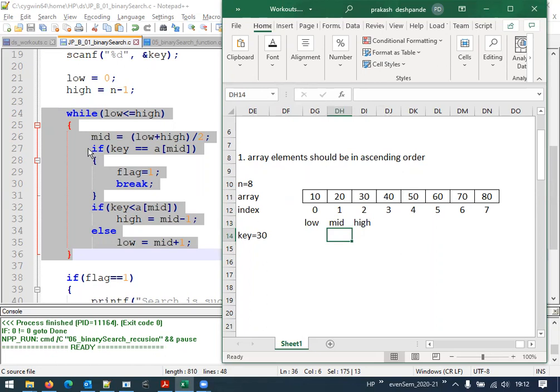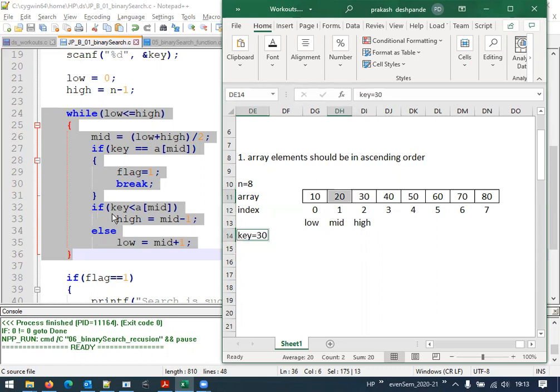Now, line number 27: if key is 30, is this 30 equal to A of mid? Mid is 1, A of mid is 20. Is this 20 equal to 30? No, they are not equal. Then skip this one, move on to the next condition.